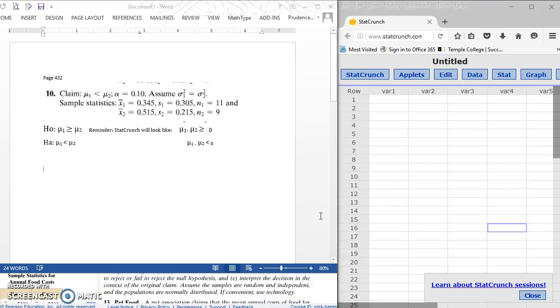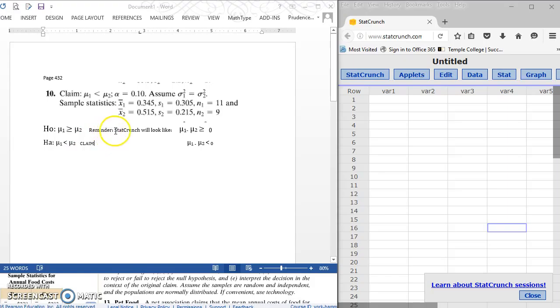to test the claim. Now, in this case, it says the claim is that mu1 is less than mu2. So that actually is our alternative hypothesis because this does not have an equality symbol in it. So as a result, the complement of less than, greater than or equal to, will be our null hypothesis. So here we have our null hypothesis, mu1 greater than or equal to mu2, and our alternative hypothesis that mu1 is less than mu2, which is our